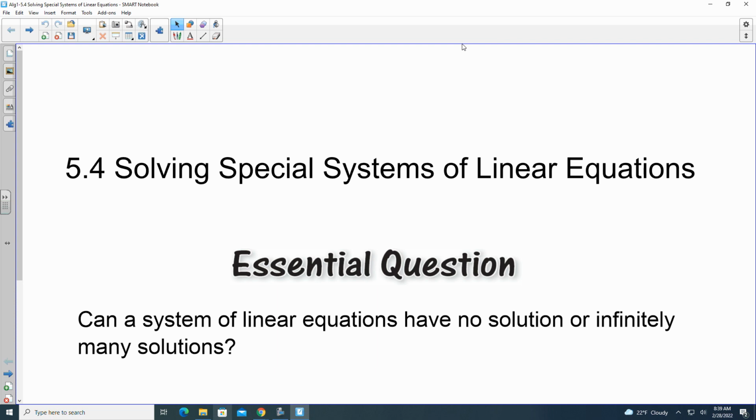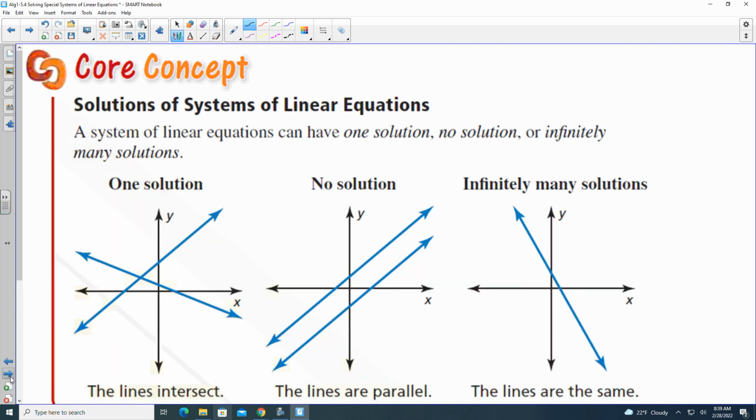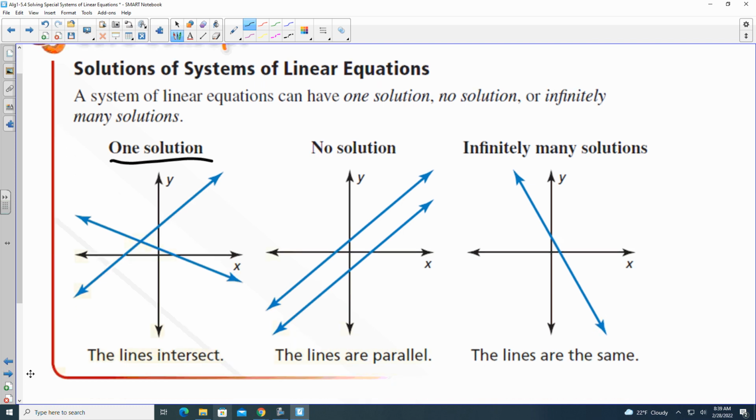But there are other instances where we may get no solution for a system, or we could get infinitely many solutions for a system. And here are the different possibilities. The first one is to get one solution. The one solution is the one that we've been looking at for the last few sections. That just means that the two lines intersect at a single point,